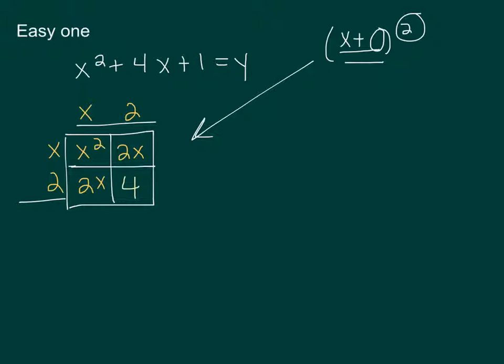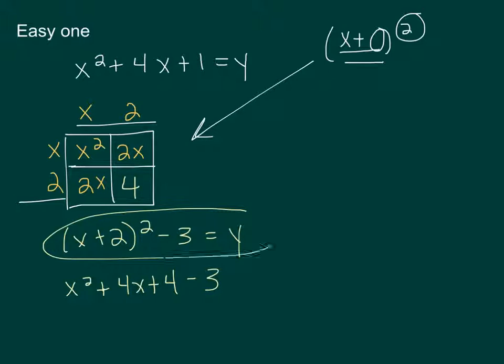So that what that tells them is that x plus 2 quantity squared is equal to x squared plus 4x plus 4. So tell them that you're trying to rewrite this in a different way, but if you write this, the only way it can be written as a perfect square trinomial is with this, because we have to deal with the 4x here. That's the only way you can get 4x in a perfect square trinomial. But it equals x squared plus 4x plus 4. You want to get down to 1, so that's why you have to subtract 3 in the end. So this would be your